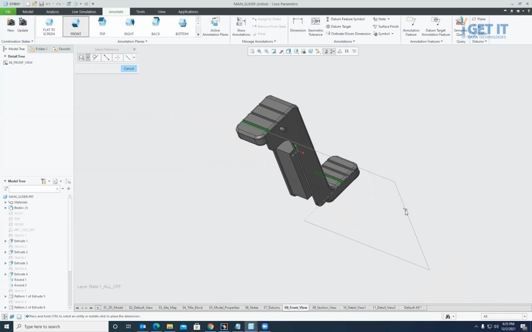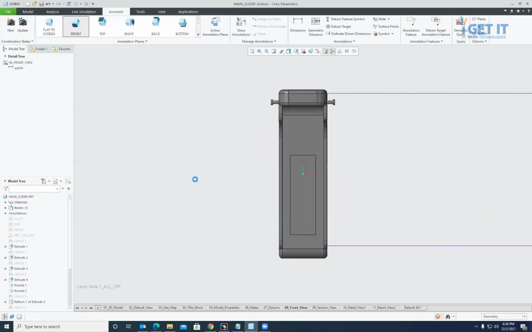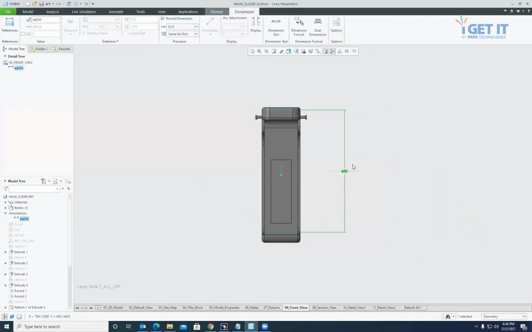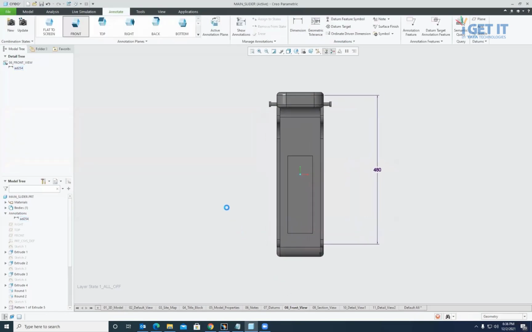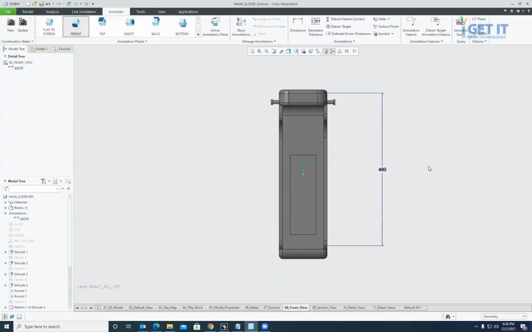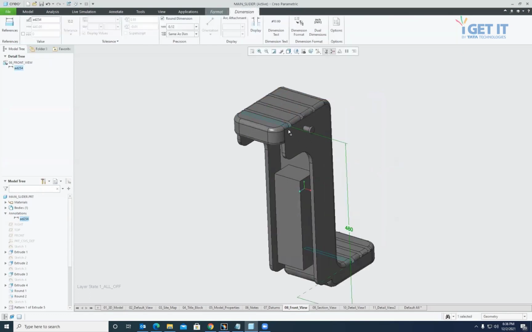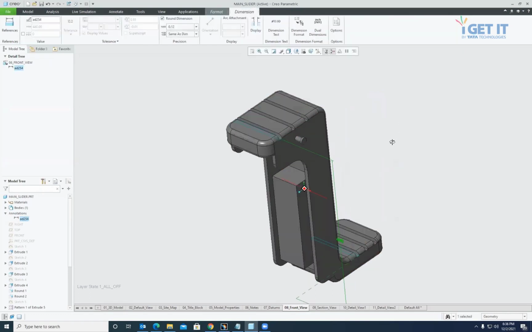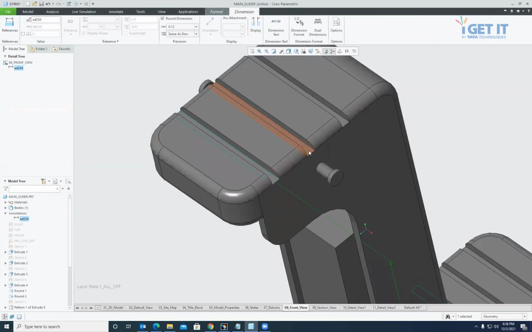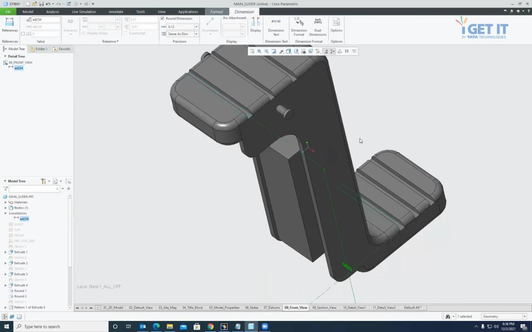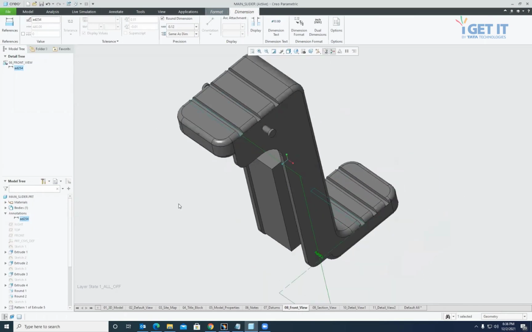The dimension gets created, which we can see in the front view. As per the understanding, this dimension is between this surface and this surface. But ideally, the remaining two surfaces on the top side and bottom side are also matching with this dimension. That's why currently the dimension is non-semantic.